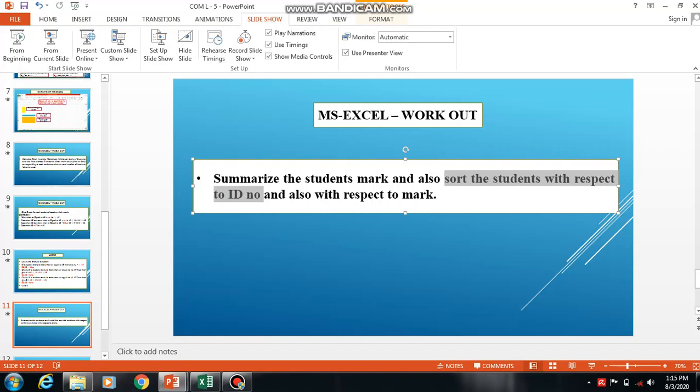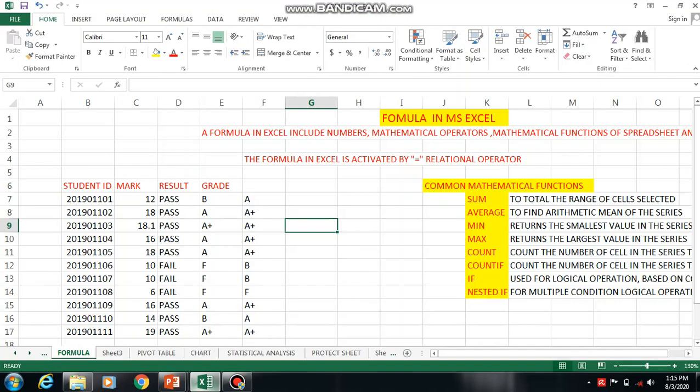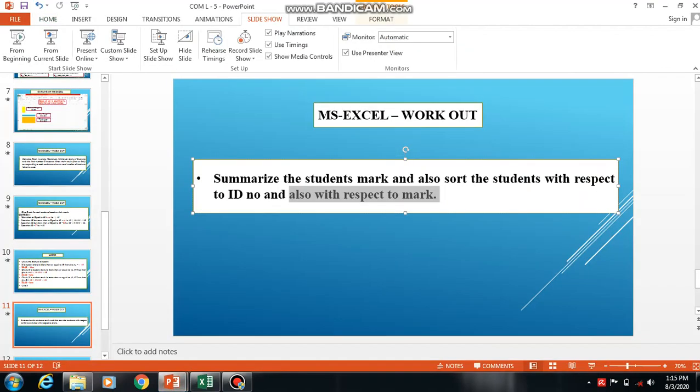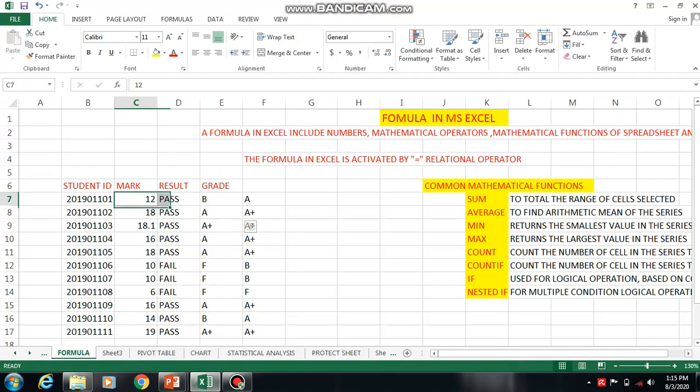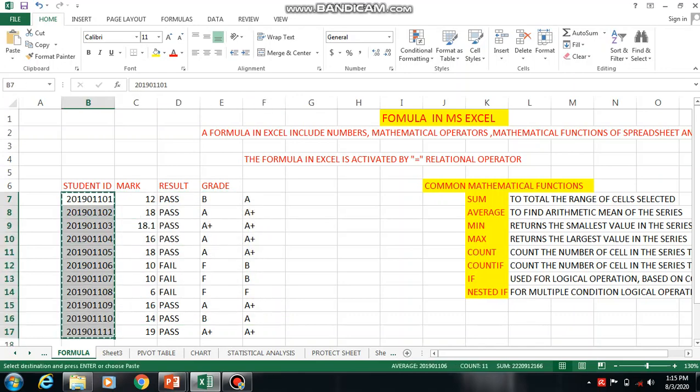Suppose I want to sort the students with respect to mark, that is highest mark to lowest mark. To do this, first I want to choose the mark, because you want to sort the students with respect to mark. So first I want to choose the mark, and the ID number. What I am doing is just copying this one and pasting here.